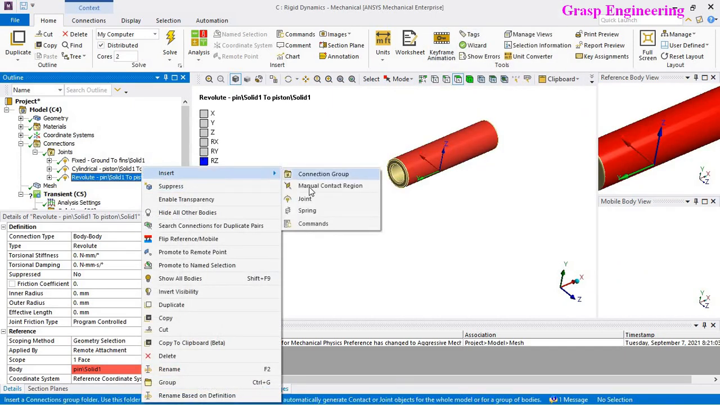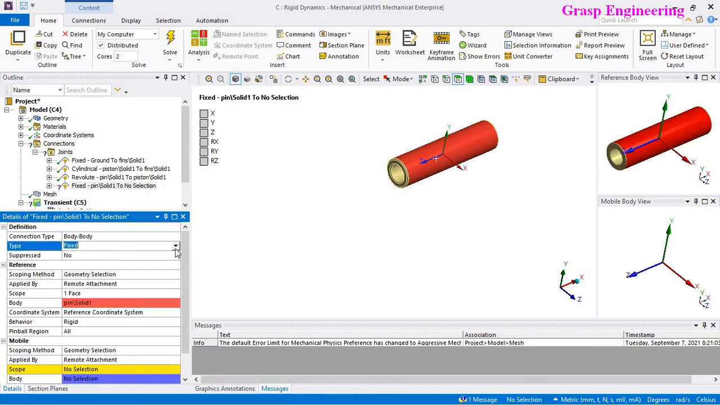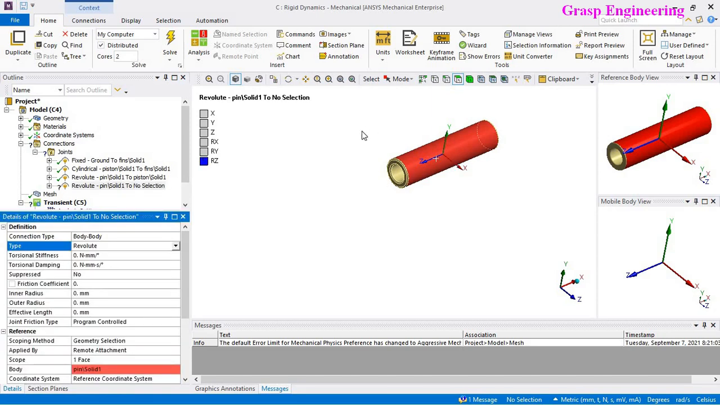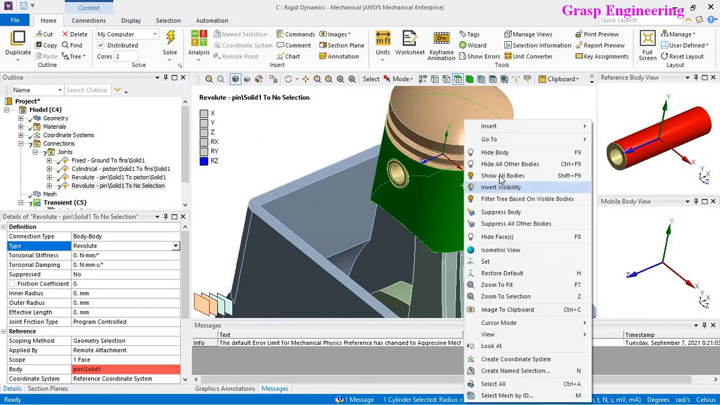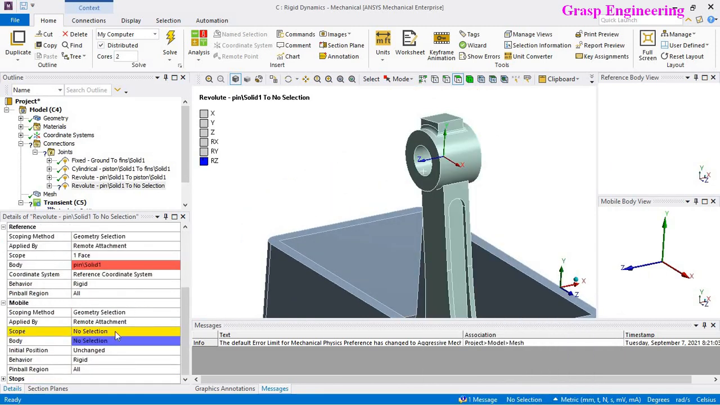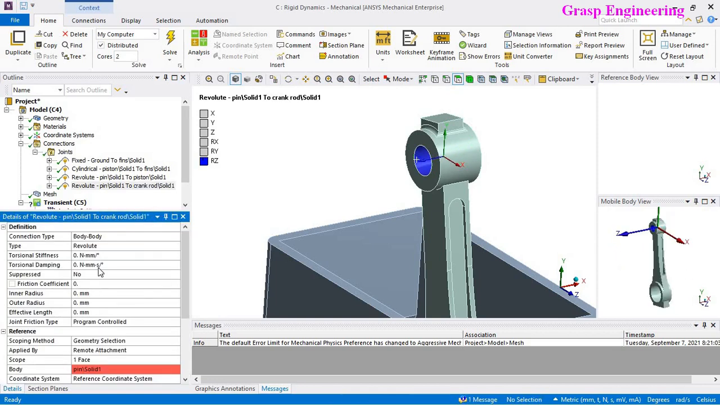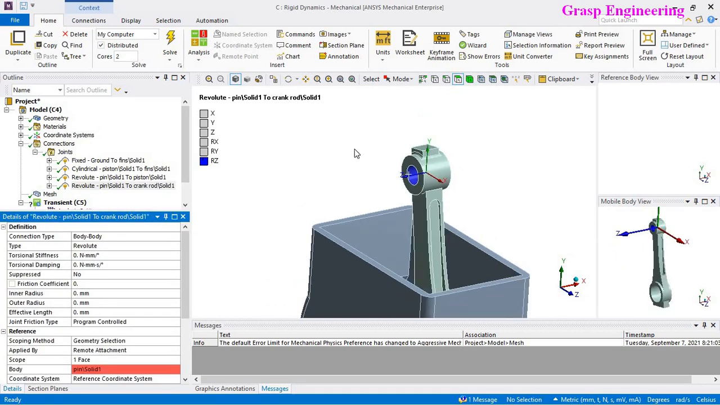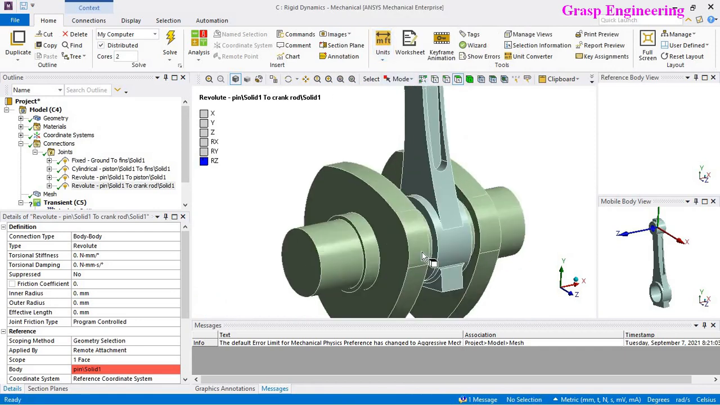Now let's define furthermore a similar revolute joint between this and the connecting rod, hide body and hide body. Let's define this face. Likewise you need to define the respective revolute joint between the connecting rod pin and then the piston. Now in similar fashion, let's define the joint at the bottom face,